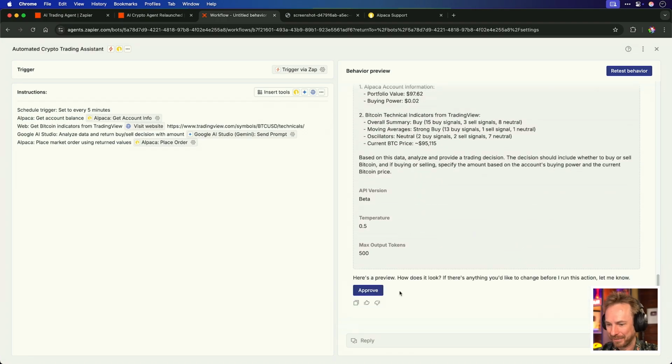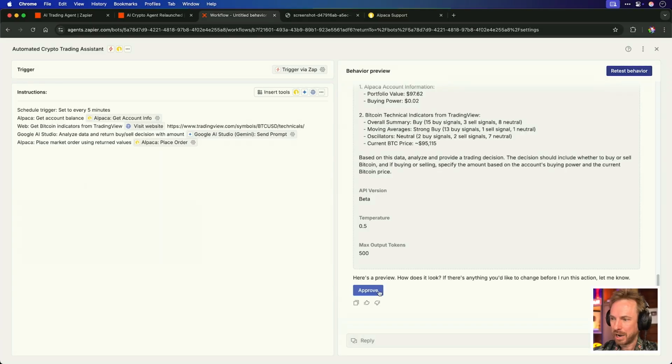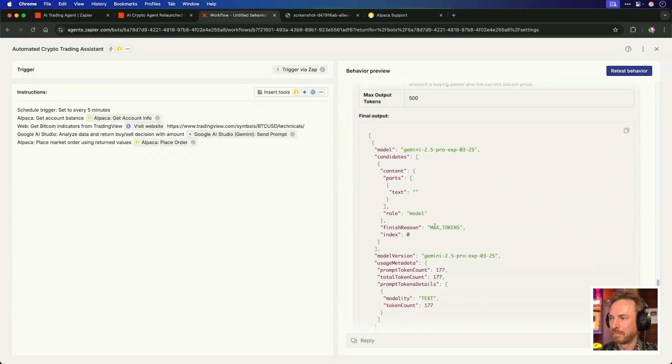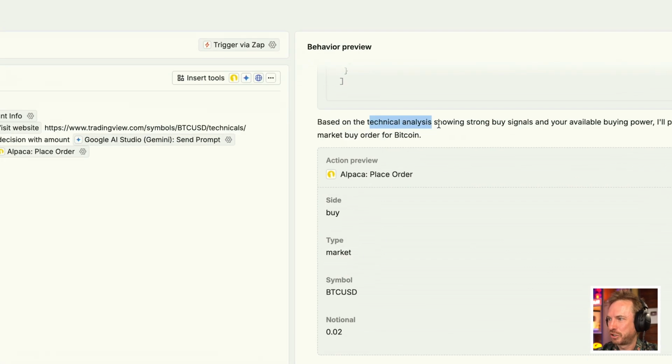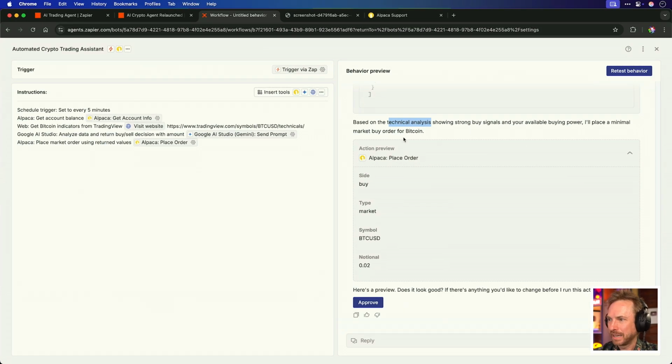I absolutely love this. This is incredible. AI agents working on automation to buy and sell crypto for me. So let's approve that step. Okay, we can see that the prompt has been sent. And look at this, it says, based on the technical analysis showing strong buy signals, I'll place a minimal market